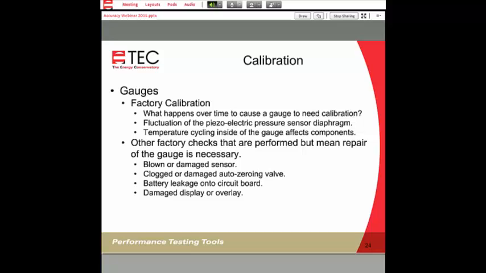Now, we did have a question of ResNet. Does ResNet still require annual calibration? I believe so. If ResNet changes the wording to whatever the manufacturer's calibration interval states, then it would change based on that.